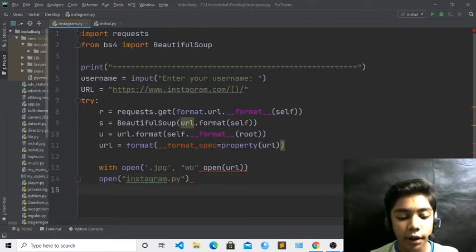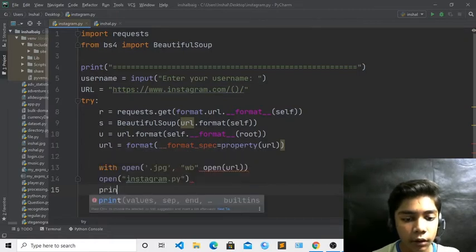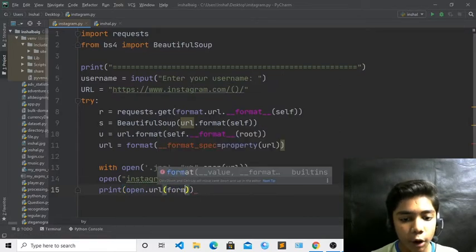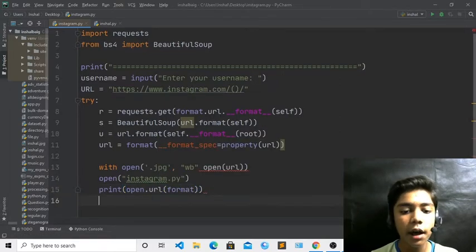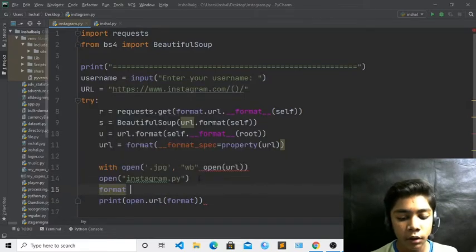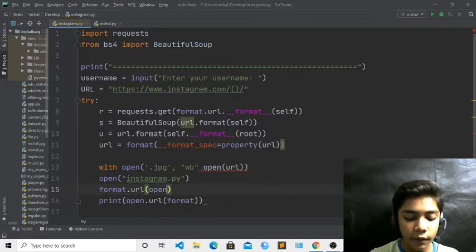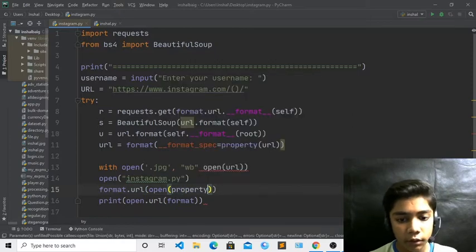Now here it will be the print tag. In this print tag I will define open.url, and in this url I will define my format. Come over there and write format dot url, which will now be in the open tag, with property.